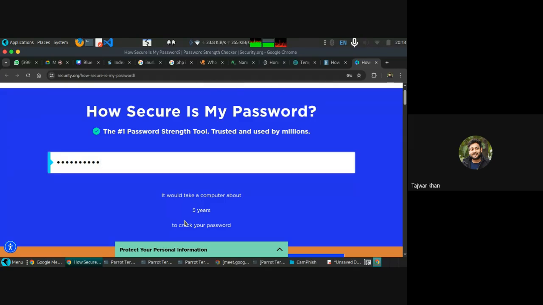But this number, 5 years, is not actually accurate. If I'm trying to brute force this kind of password, it will take me a few minutes or a few hours, because I have very good password files with me. If I tell you to make a text file, have you ever used any text file?